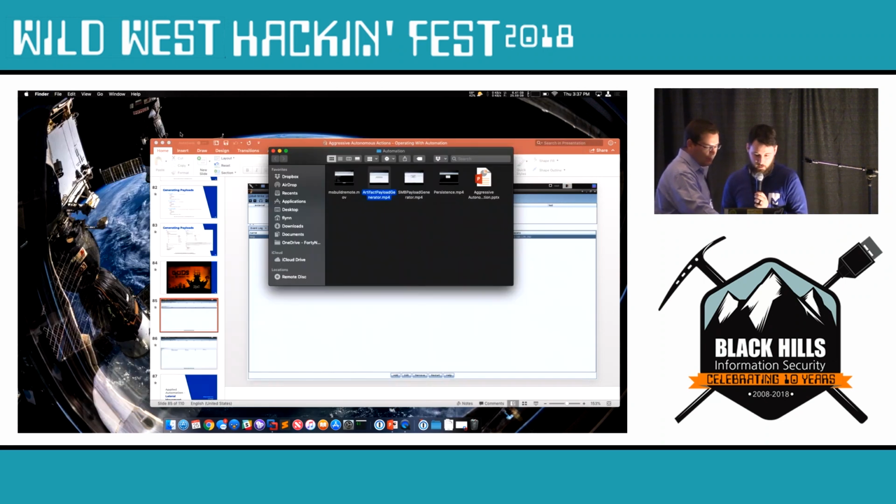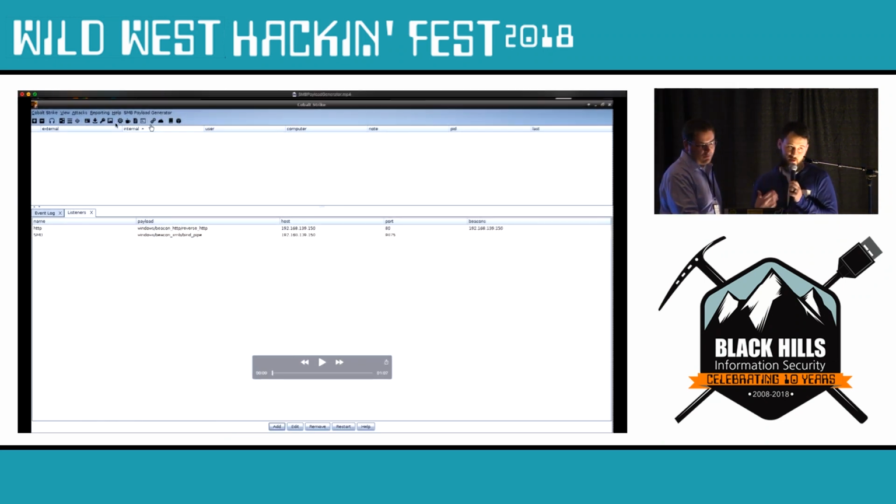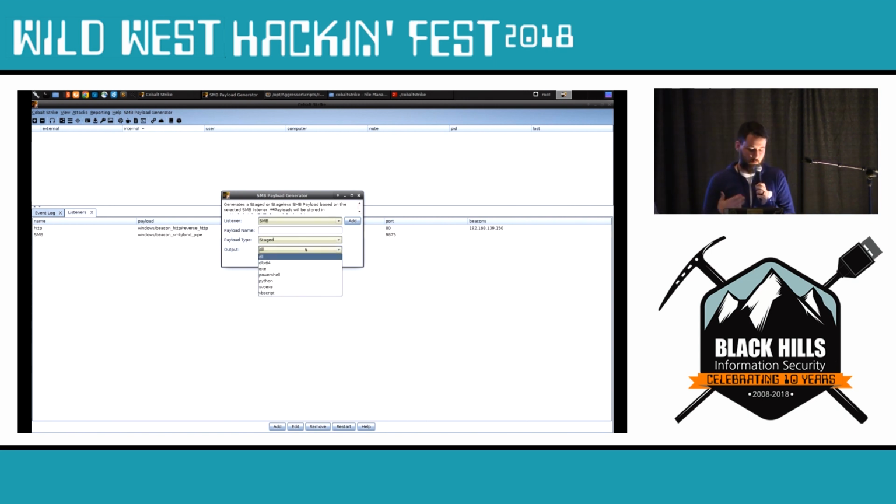So I'll go to SMB. Now for SMB payloads, we can use the dialog API and make it a little bit cleaner and easier for the user. So now we want to select the listener with the drop-down, SMB. We can type out the payload name that we want. We want staged or stageless, and then the output that we want. So for this example, it's going to be EXE, and we're going to name it accordingly.